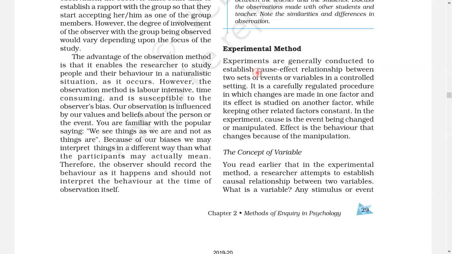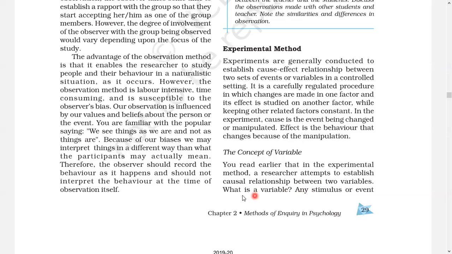If you have a cause and effect, you are studying a relationship. What is the cause and what is the effect it caused? It changed by modification or a manipulation. What is the effect produced? You can study in such a way. So that is the relationship between two variables. What are the variables? That can be a factor, that can be anything.